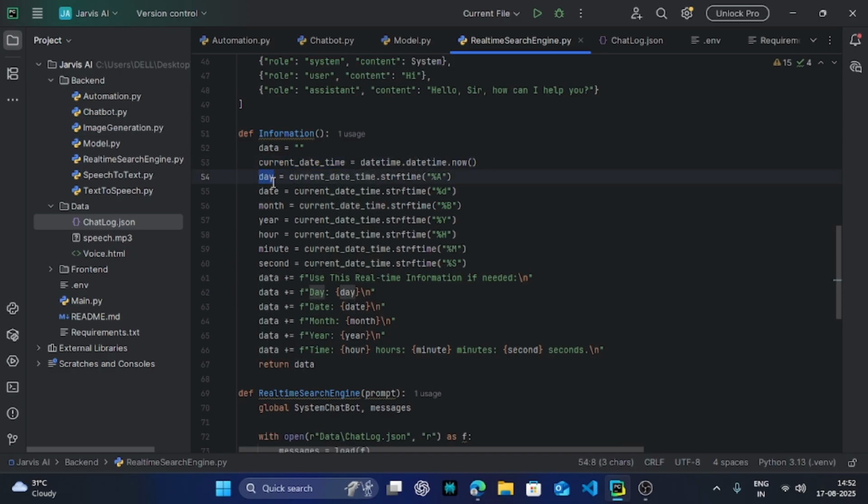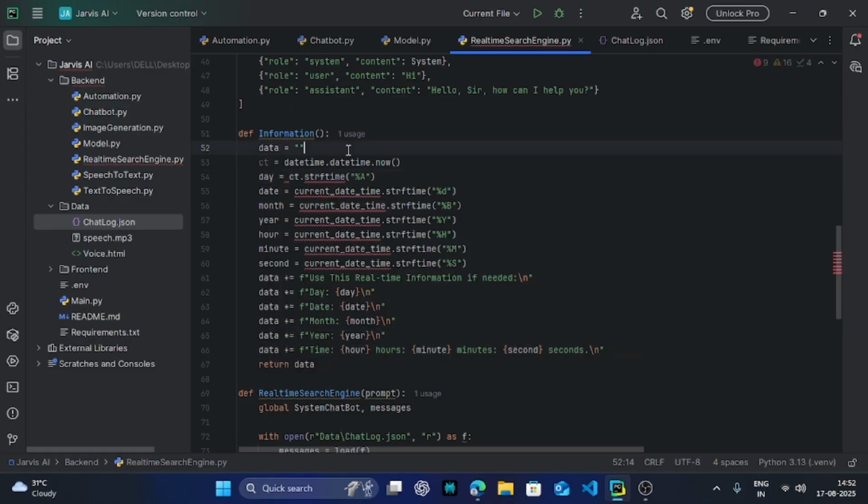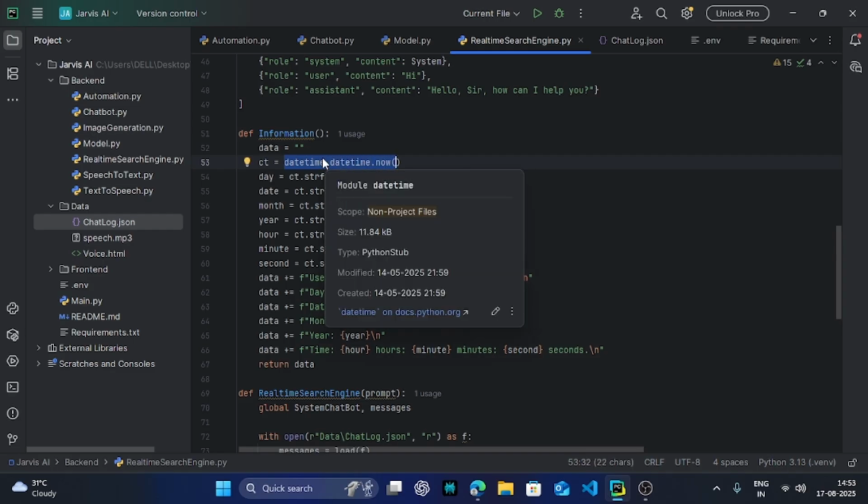And if we need to take a day, which day is today, from datetime.now we extracted the day. Like if I just create a variable, and the value is datetime.now, meaning the date and time of now.